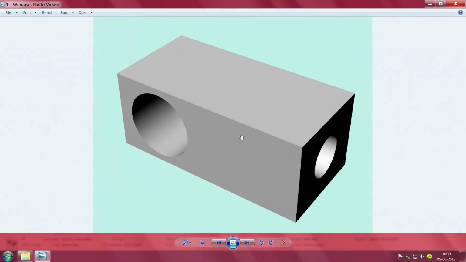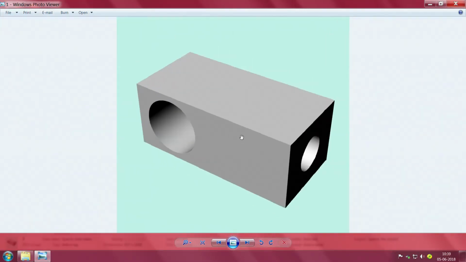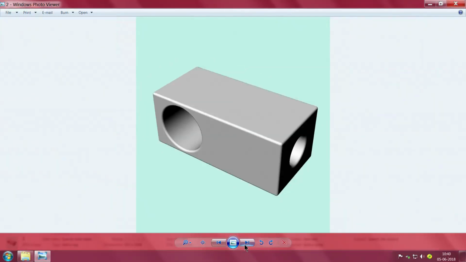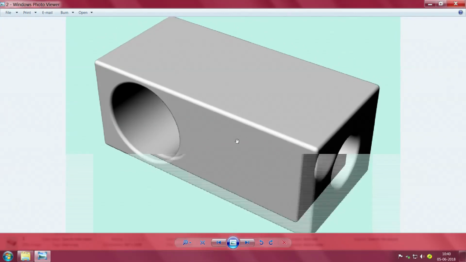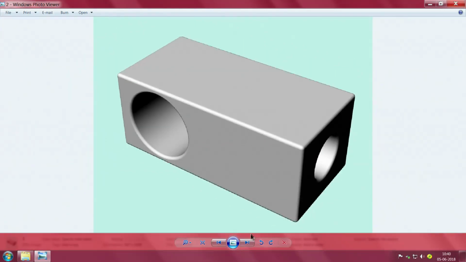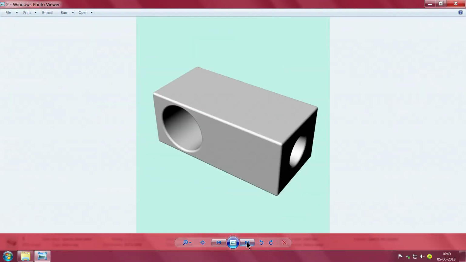This is the object which I was trying to create yesterday. If you see this object, one thing is that it has bores which are orthogonal to each other, and just for convenience I have put them so the axes intersect, otherwise there is no necessity for the axes to intersect. This is only for illustration: unless you have this radius, the highlights are not caught, and unless you have the highlights, you cannot give a proper picture. But these are not convenient to build as such, because generally you try to avoid all the fillets.